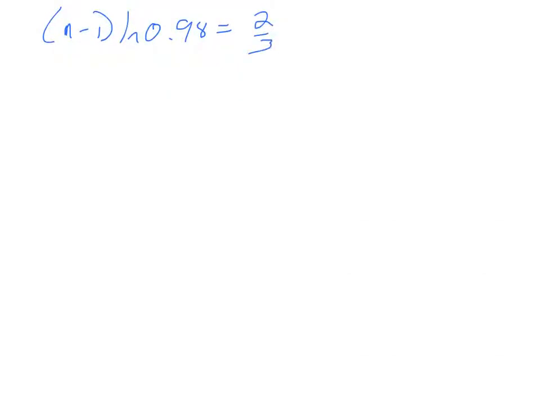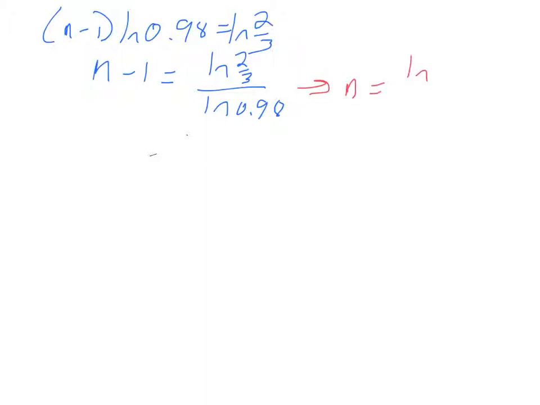We want to solve for n, so we'll divide off the ln of 0.98, and then we can go ahead and add 1. And so we get that n is equal to ln(2/3) over ln(0.98) plus 1, which